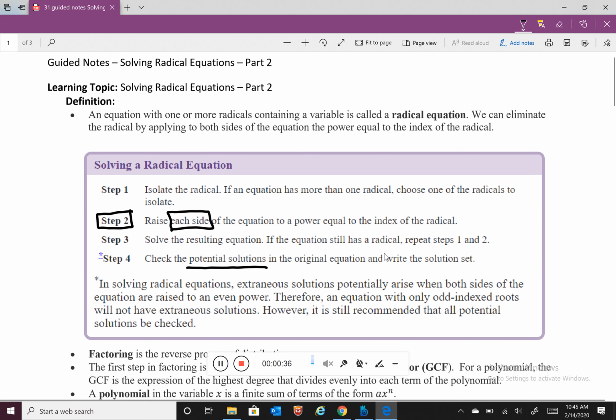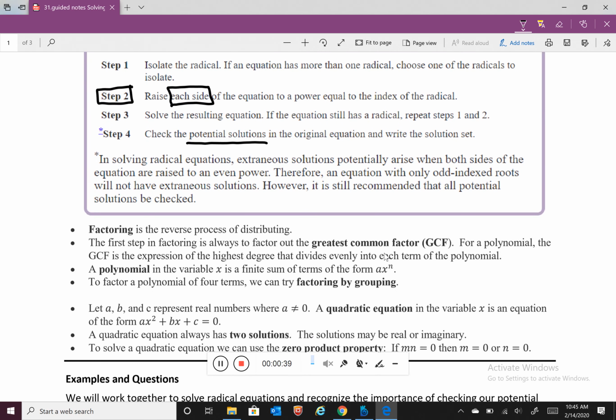Now, a part of this lesson is going to be needing the process of factoring. And factoring is the reverse process of distributing. So distributing, we're looking at multiplication. Therefore, factoring is kind of utilizing the concept of division. So the first step in factoring is always to factor out the greatest common factor, also known as the GCF. And for a polynomial, the GCF is the expression of the highest degree that divides evenly into each term of